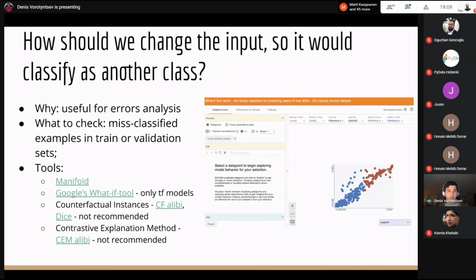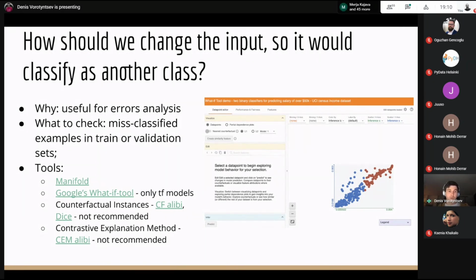But the main problem is that Google's What-If tool works only with TensorFlow models. Of course, you have random forest and gradient boosting in TensorFlow, well, I believe you should have those, but I prefer to use LightGBM, I prefer to use CatBoost, and it's not possible to do that using this tool.